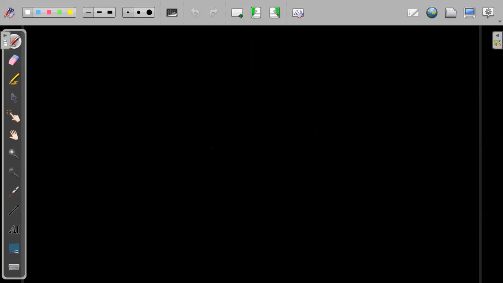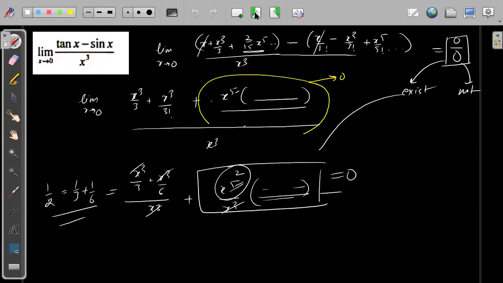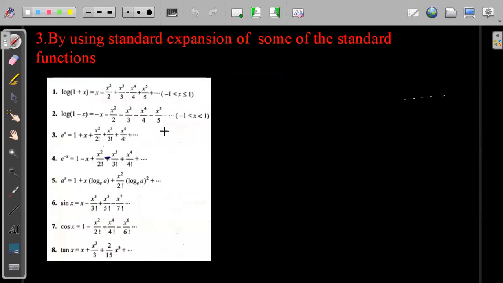Okay. One more thing. Suppose you have limit of x tending to 0, sine of x upon x, and limit of x tending to 0, tan of x upon x, right? If you have something like this, then use expansion only. However, there is one more method which we will do when we are doing trigonometric limits and standard forms. But just by expansion, if we look at the expansion of sine x and tan x, so we can write